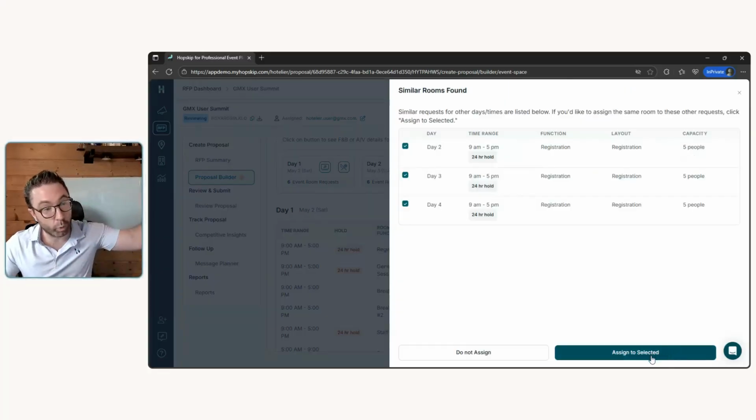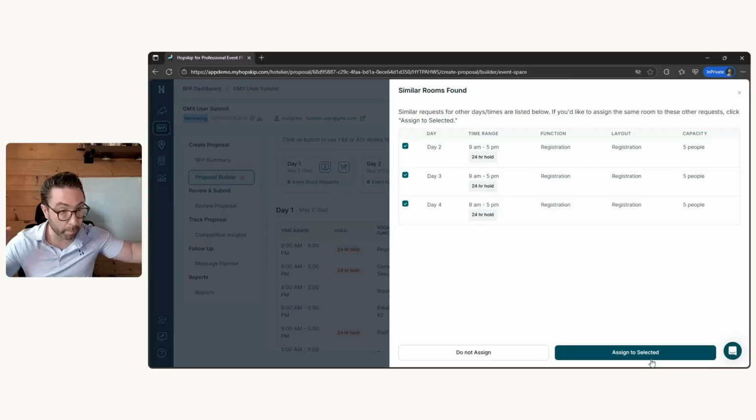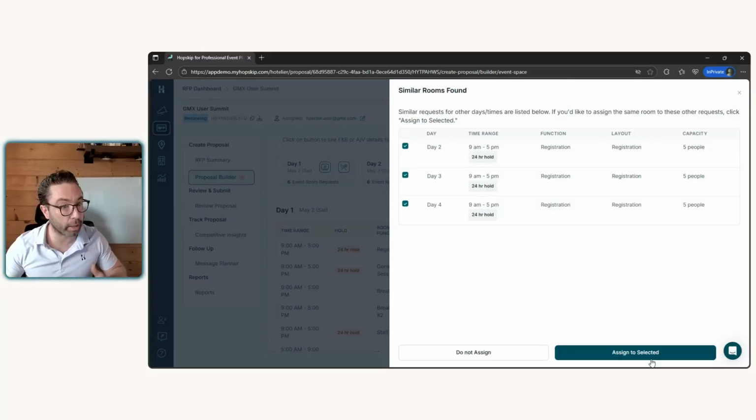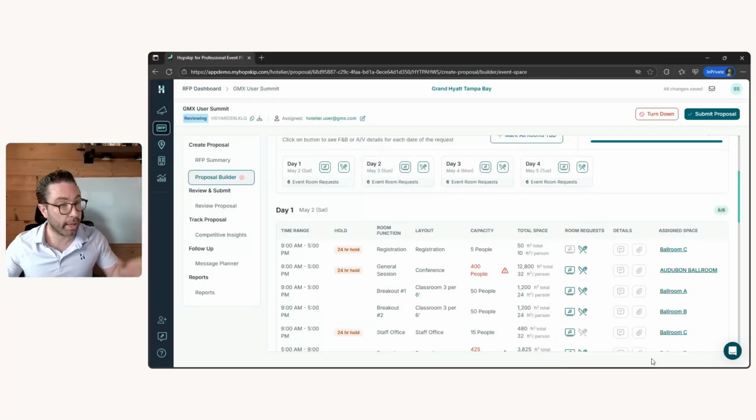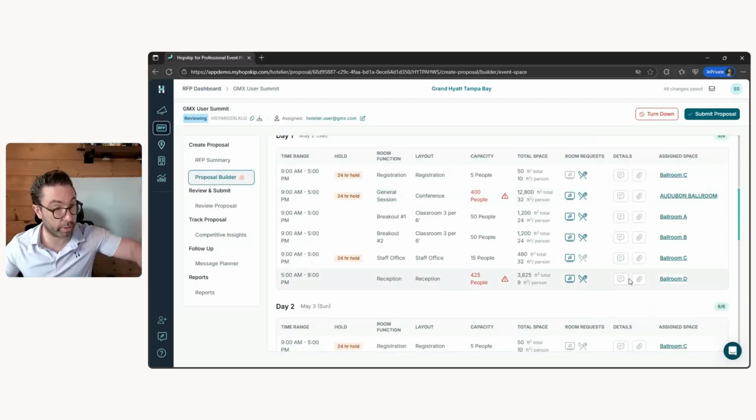I just updated a room in day 1. Hopskip recognizes that I made an update to one of those meeting rooms in day 1, and that meeting room also repeats for day 2, day 3, and day 4. So it's asking me, hey, instead of going line by line and updating those manually, do I want to update all the following days with that new meeting room assignment? I'm going to click yes, and now that's updated, and that meeting room is assigned to the same meeting room